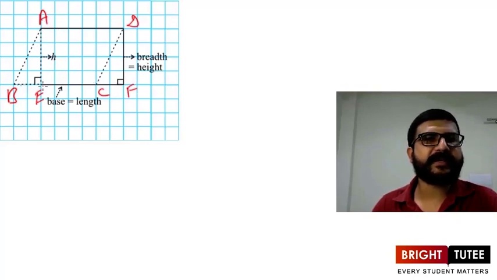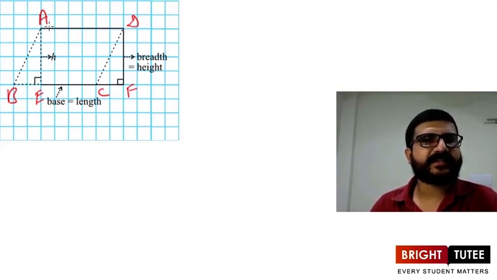Parallelogram is ABCD. ABCD is a parallelogram and AEFD is a rectangle. So here what we are doing actually, we are just cutting off one triangle ABE from the parallelogram ABCD, and we are trying to paste it on the another side of the parallelogram